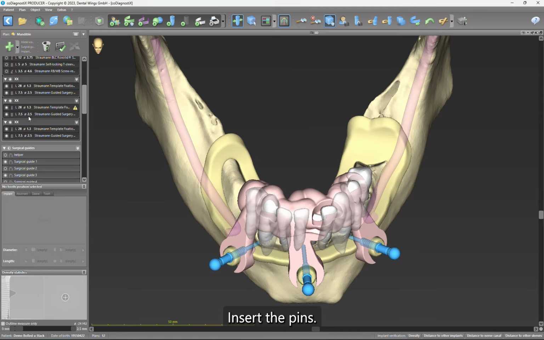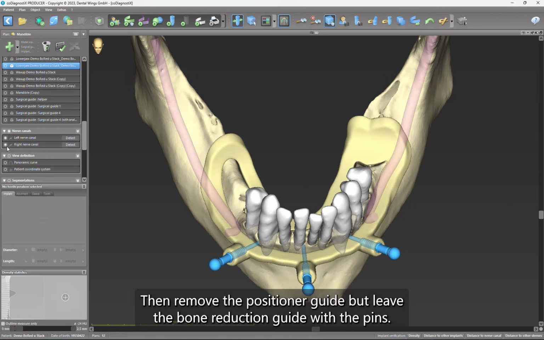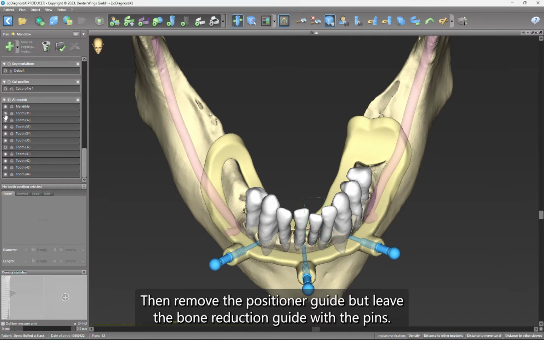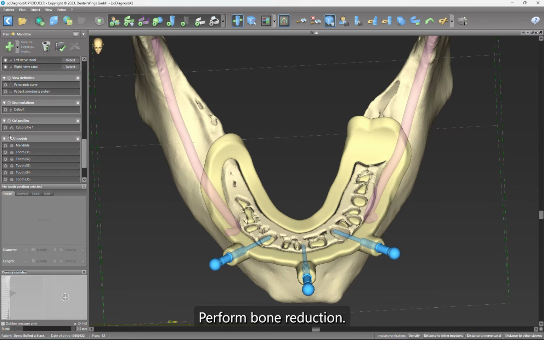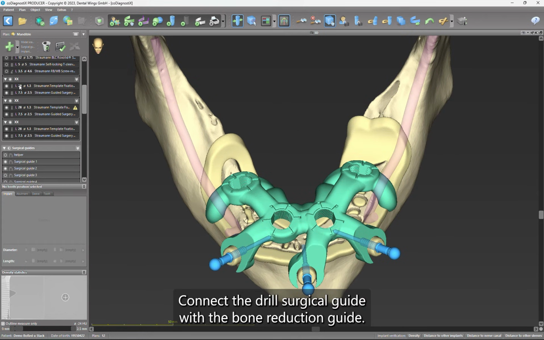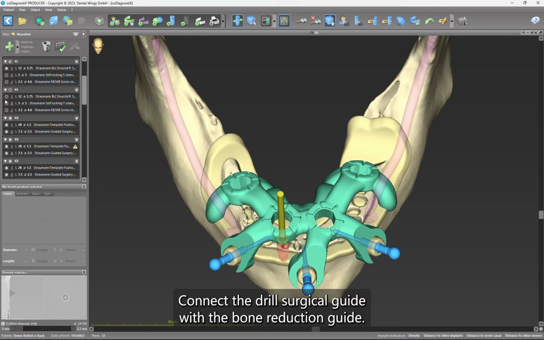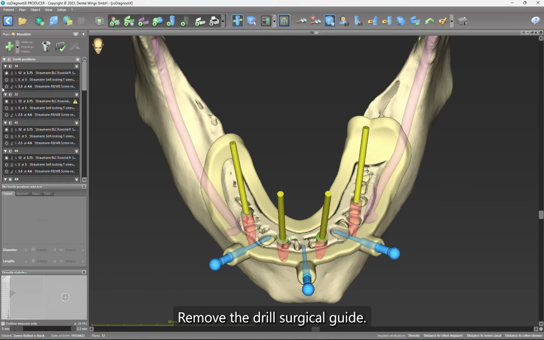Insert the pins, then remove the positioner guide, but leave the bone reduction guide with the pins. Extract the teeth. Perform bone reduction. Connect the drill surgical guide with the bone reduction guide, then install the implants. Remove the drill surgical guide, install the abutments,